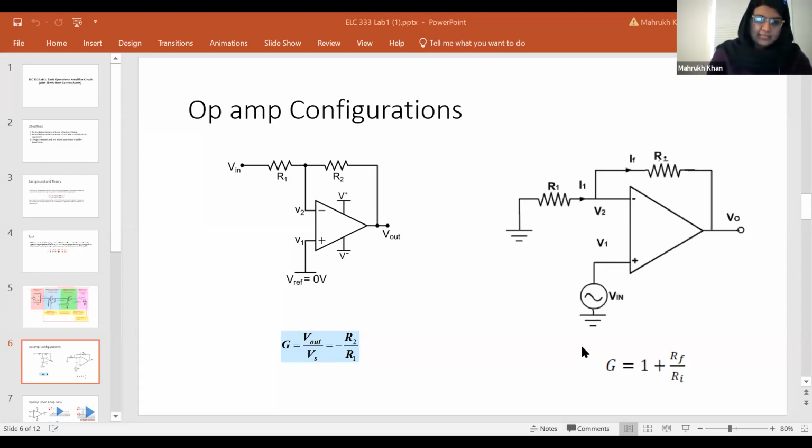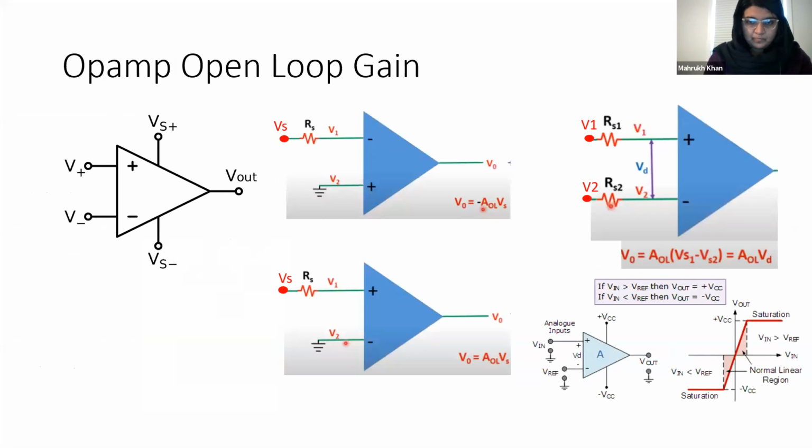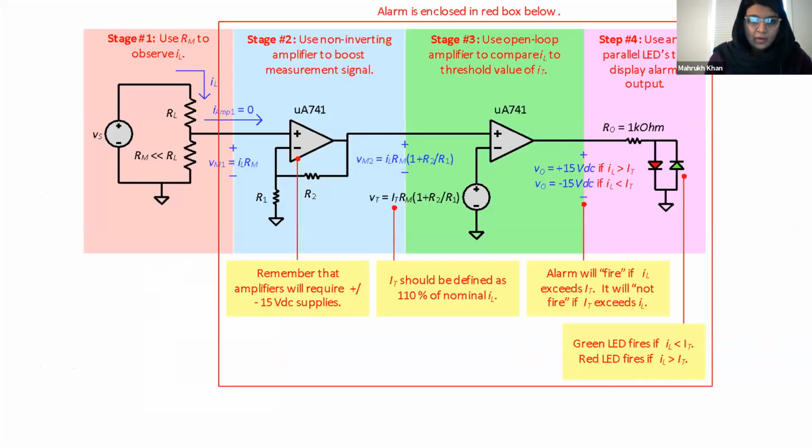Okay, so what we are trying to say is, let's see this. Right now in your circuit, you have two types of configuration. One is the non-inverting configuration, and the other is open loop gain. So in the non-inverting configuration, V out is equal to